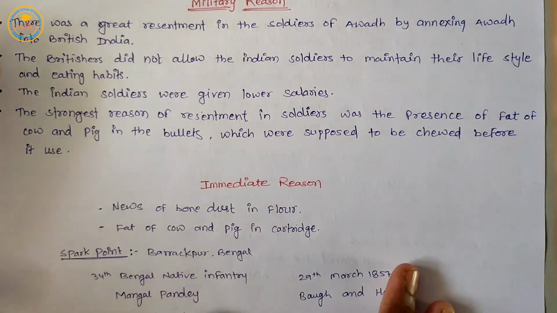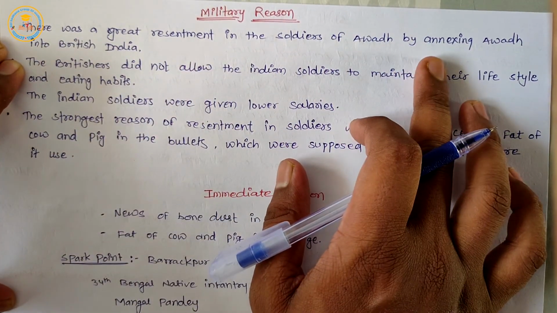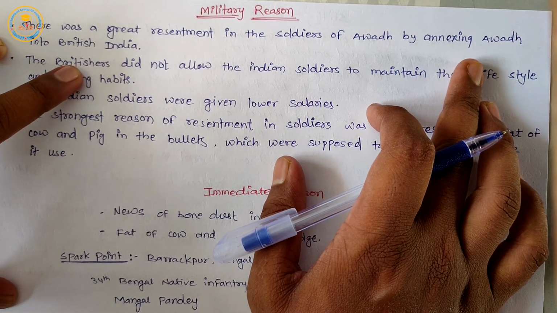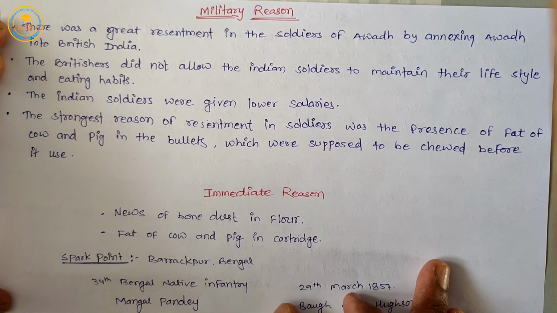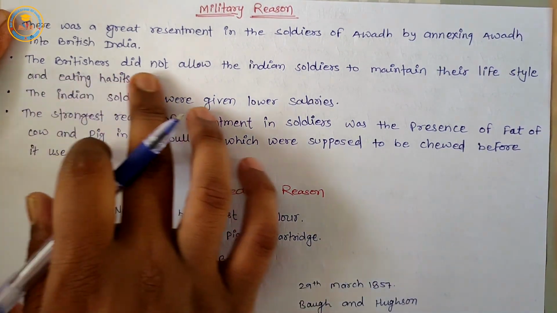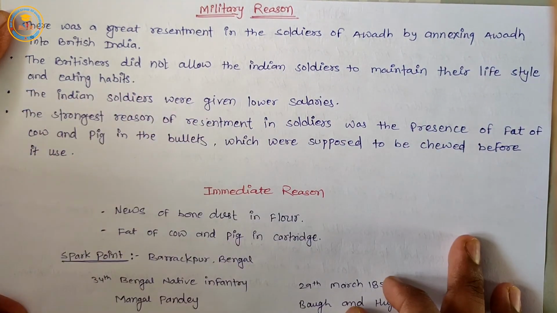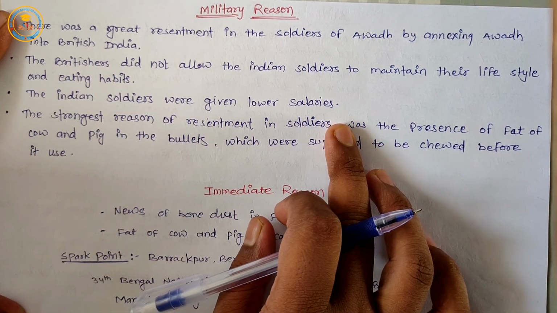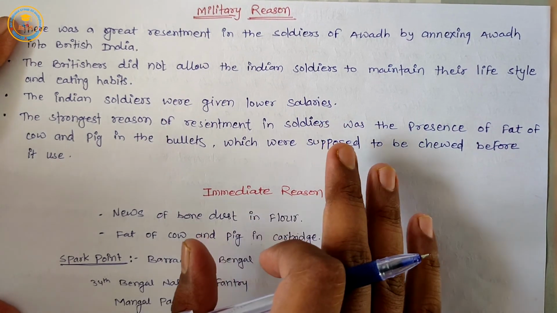Next, military reason. There was a great resentment among the soldiers of Awadh on annexing Awadh into British India, because in the name of maladministration, the British annexed Awadh into the British Empire. Britishers did not allow the Indian soldiers to maintain their lifestyle and eating habits. The Indian soldiers were given lower salaries in comparison to British soldiers,